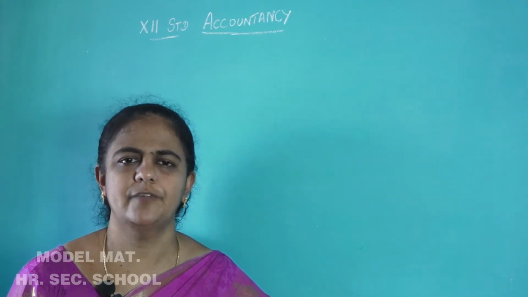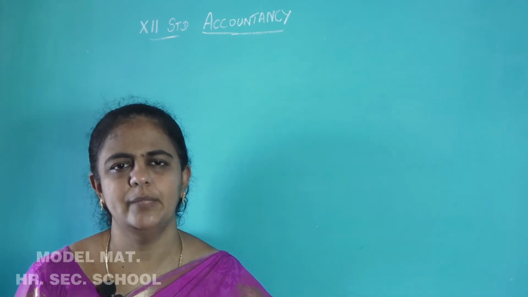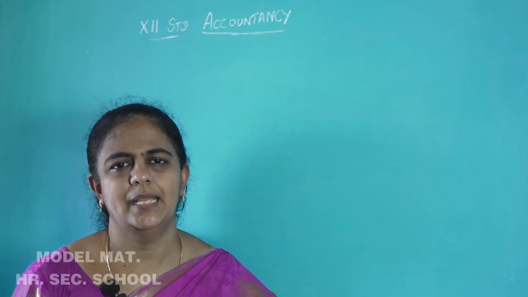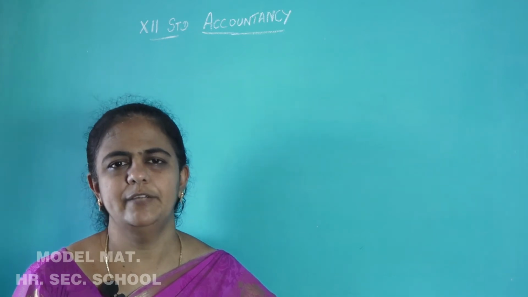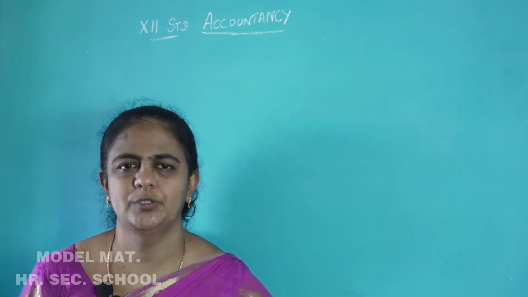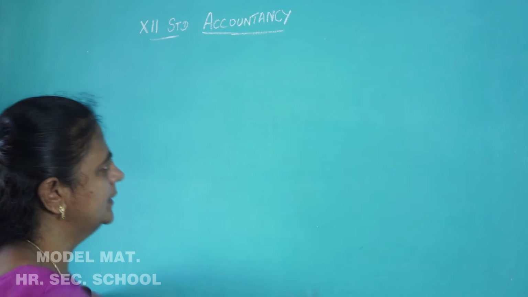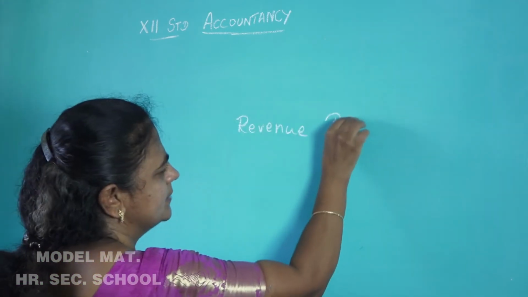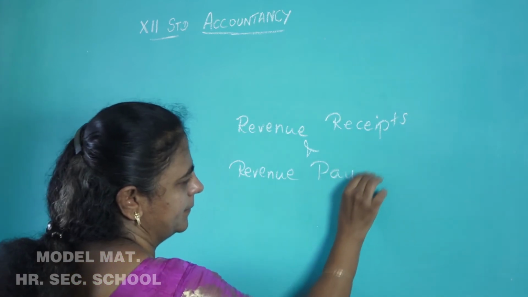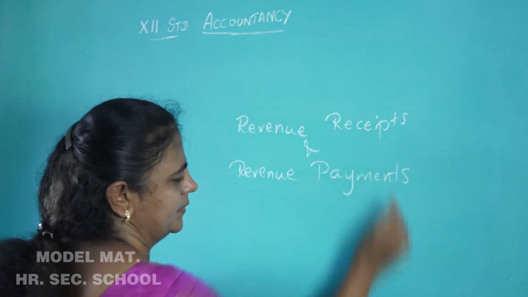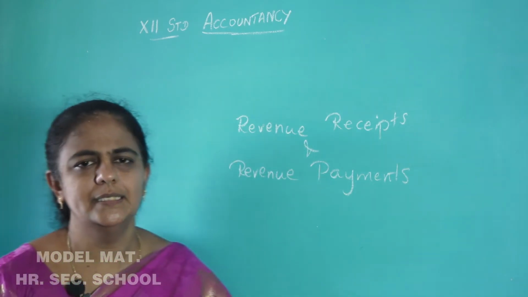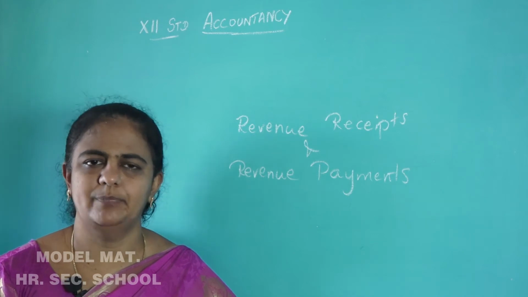So, what are items which are of capital nature? Items where the benefit is derived for a longer period are called capital items. And the items where the benefit is derived for a shorter period, they are called what? They are called revenue items. So, we are going to write here, enter only the revenue receipts and revenue payments. Only revenue receipts and revenue payments will be entered in the income and expenditure account.